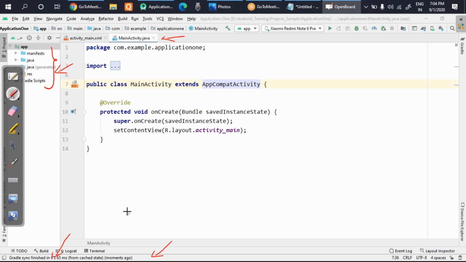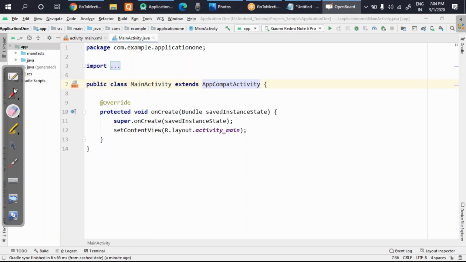See, whenever you are opening Android Studio, this Gradle is something very important. Why is it important? Because this is actually the manager of Android Studio. It manages each and everything. So if there is any issue, the Gradle sync will not be successful. In that scenario, you have to search for the errors on the internet and try to resolve those issues. As you can see here, in my case, everything is okay, and we can directly jump into project development. So what I have done is I have just opened a new project.